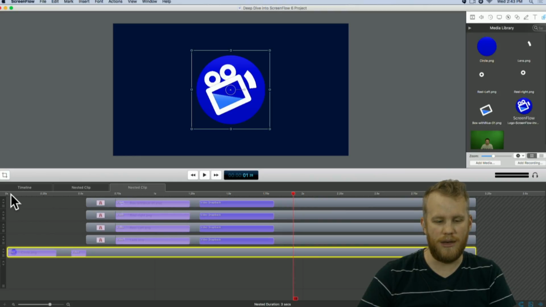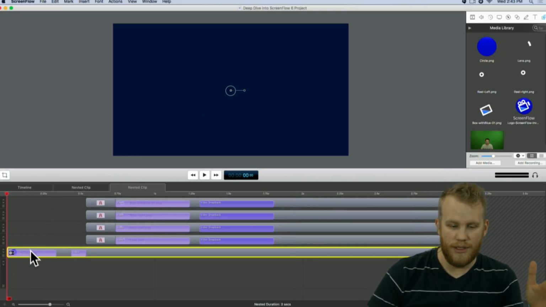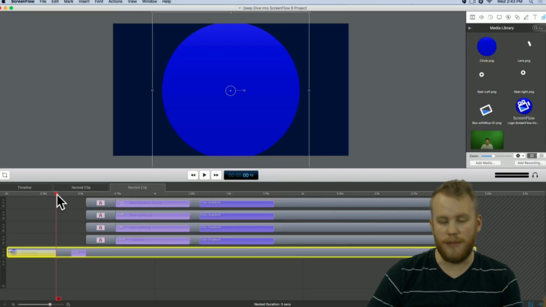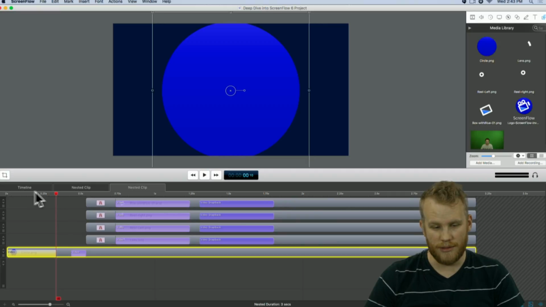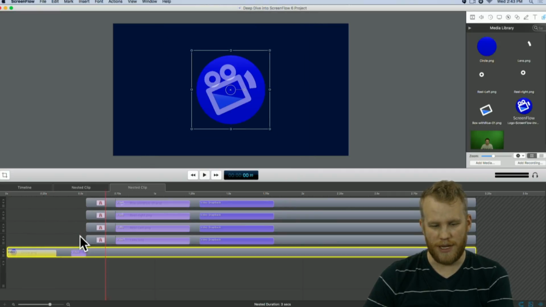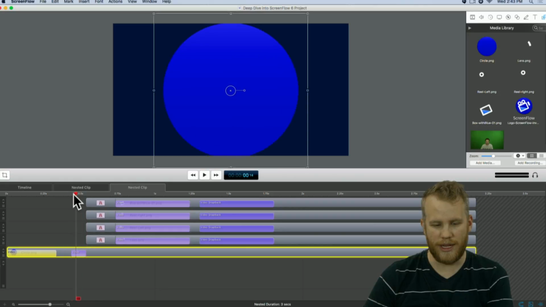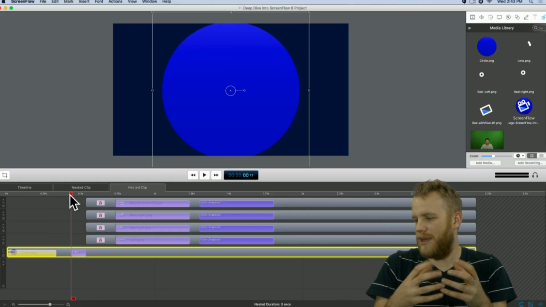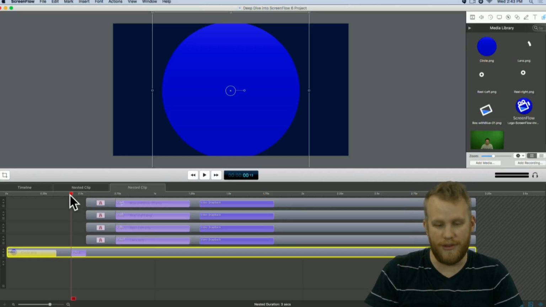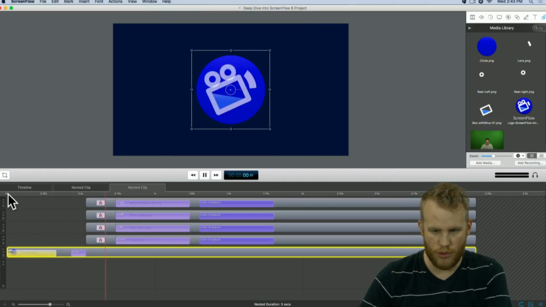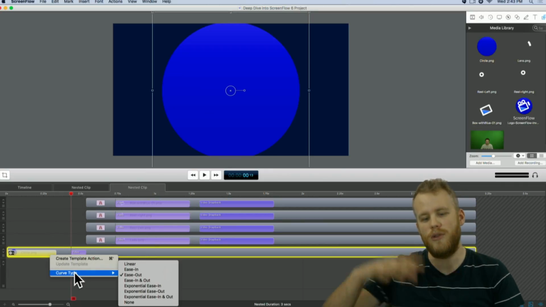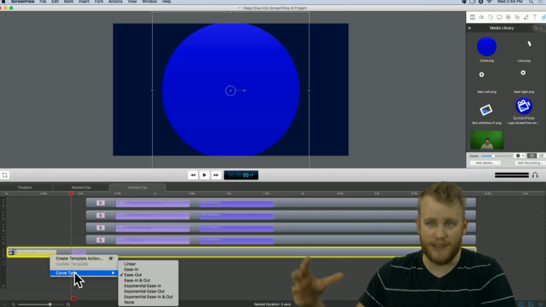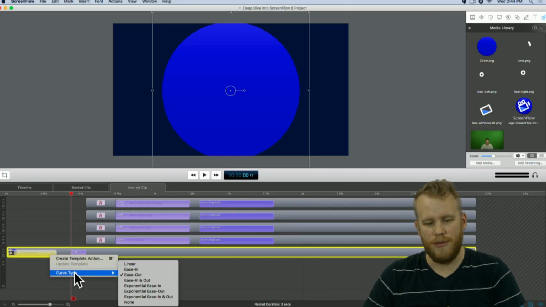I gave them each an animation. So at the beginning there was nothing. This animation brought the blue circle in the background from 0 to almost bigger than my screen, as you can see. Just pops up and then gets a little bit smaller. So I gave it a little bit of a pause there at the top to give it some weight, to make it feel like it was being affected by gravity. You can see here, whoo, and then it got smaller. And I used curve types in each one of these clips. I utilized a different curve type for each one to give it that sort of natural movement when it was